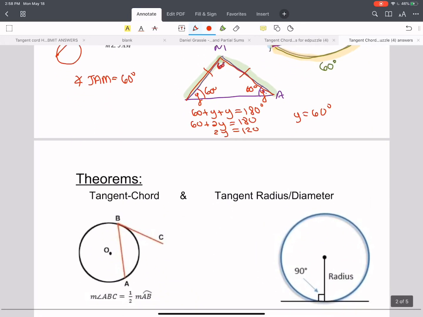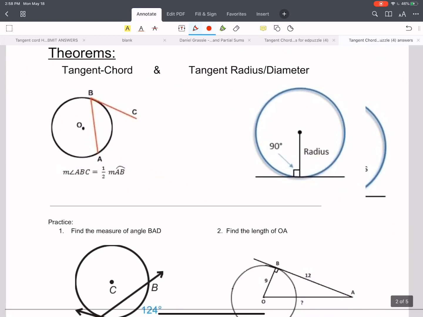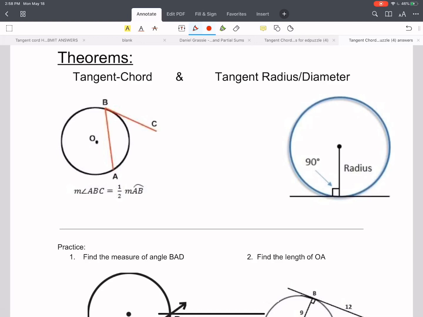Okay, let's move on. All right, these are the theorems you're going to be learning. It's really with the tangent chord. So remember, a tangent just touches the circle once on the outside, and that's it. It can keep going, but it doesn't have to. The point is, when it meets a chord here, they meet up, it's almost like the inscribed angle